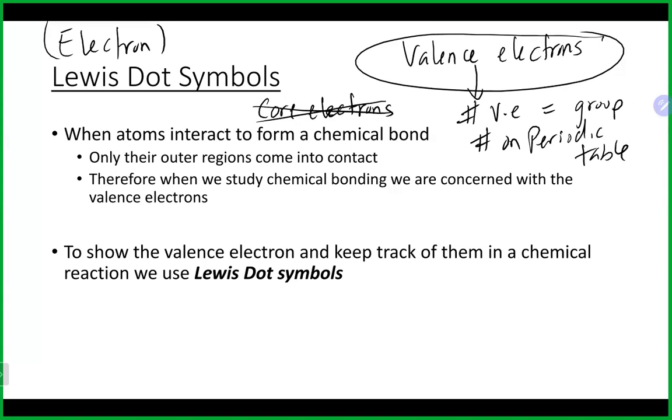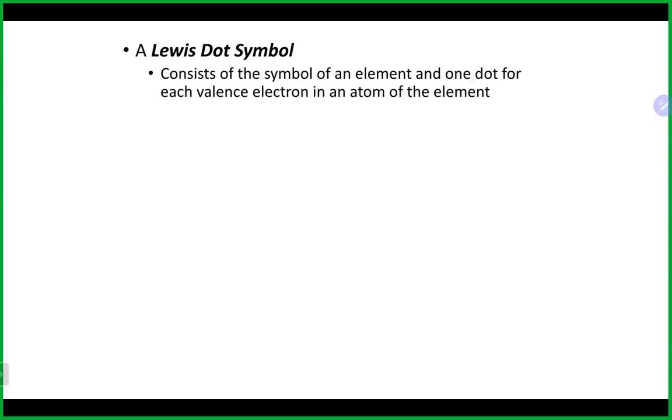So you don't really have to worry too much about any of those guys in terms of valence electrons, but they also equal the group number as we talked about. Remember though, that if you're going valence electrons for the guys in the middle, you've got to go the normal 1 through 18 numbering to give you the proper number of valence electrons for those guys in the middle. So a Lewis dot symbol, again, is basically the symbol,